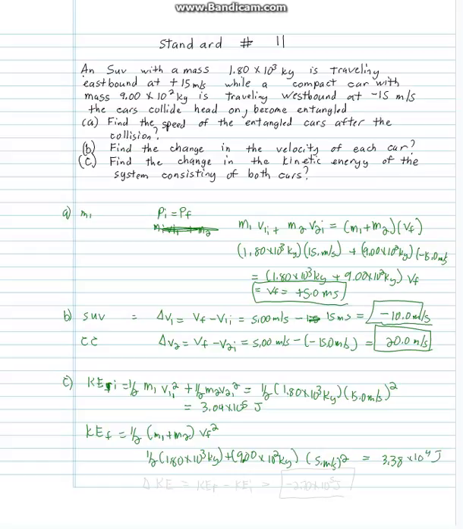To get the final kinetic energy of the system, and the change in the kinetic energy, you're just going to take your change in KE, which is equal to KE of F minus KE of initial, which when we compute that comes out to be negative 2.70 times 10 to the 5th joules. So that's our final answer for